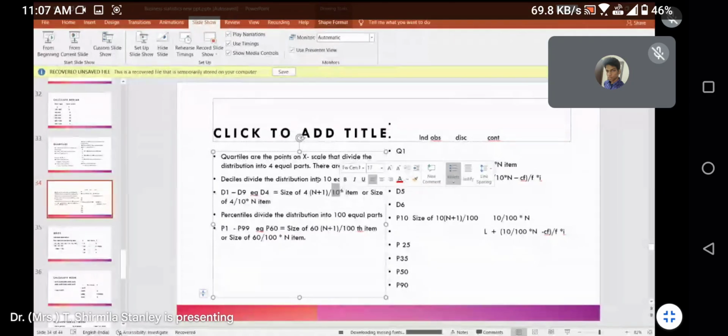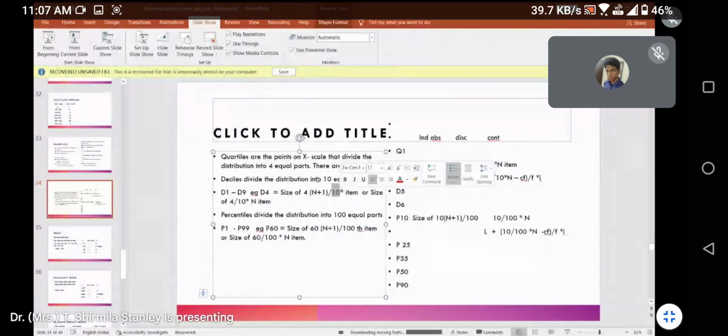That's all. Even in your quartile formula, if you're writing n plus 1 by 4, if you want quartile 1, it is 1 multiplied; quartile 2, it is 2; quartile 3 means it's 3. You understand? N plus 1 by 4 into 1, n plus 1 by 4 into 2, n plus 1 by 4 into 3. That's how it is done. But for simplification, we have narrowed it down to different forms.